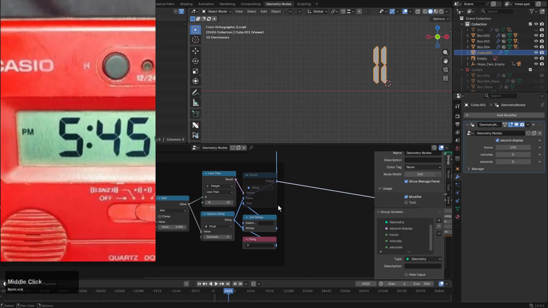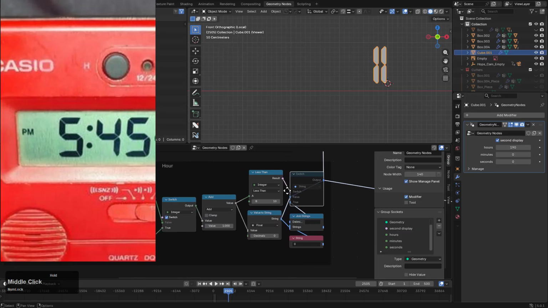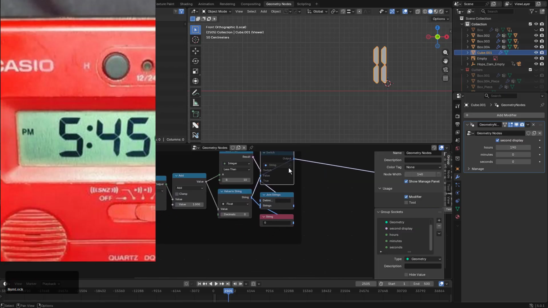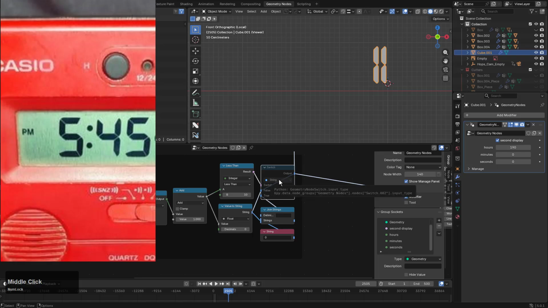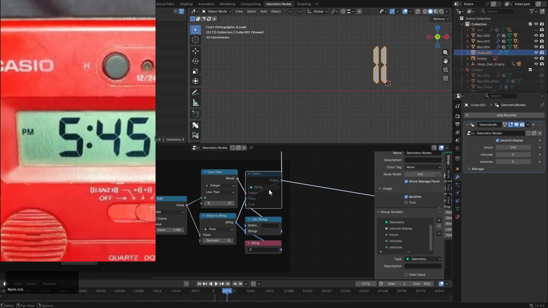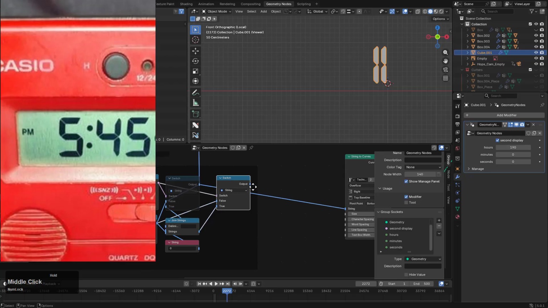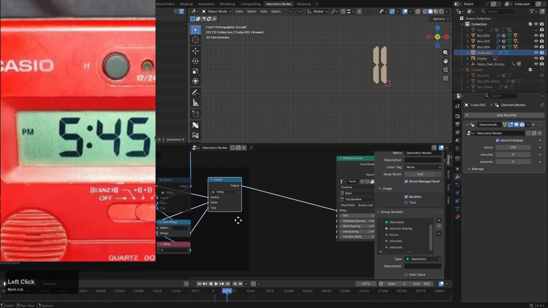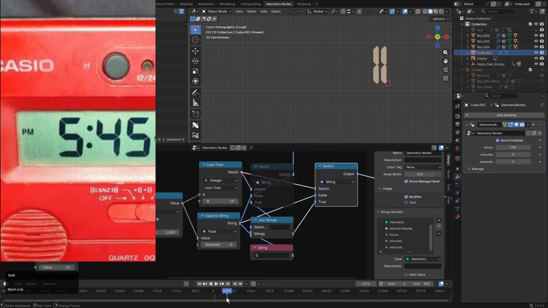Like if it's 11, give it a chance. Is it only 11, or is there another time that's also problematic? These are things I have to wonder. So what I want to do is duplicate this switch, unmute it, plug it in, and basically we have it where whenever it's under 0,